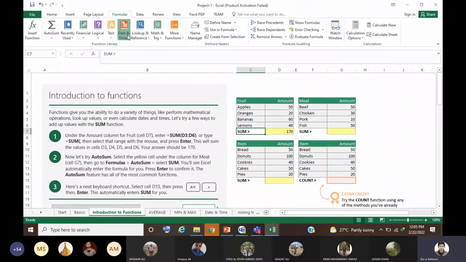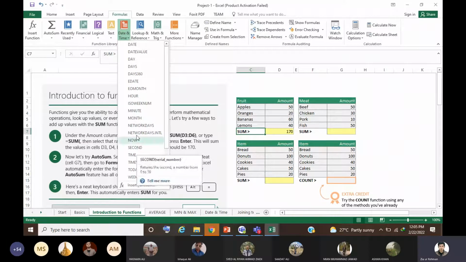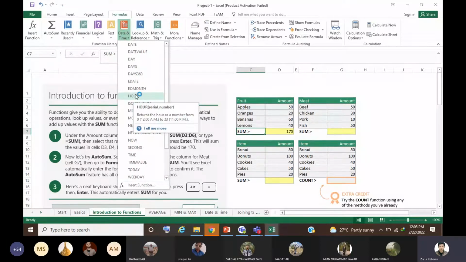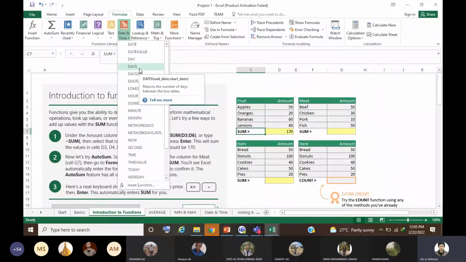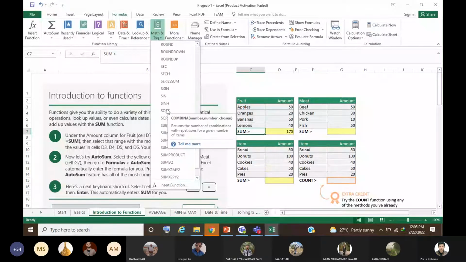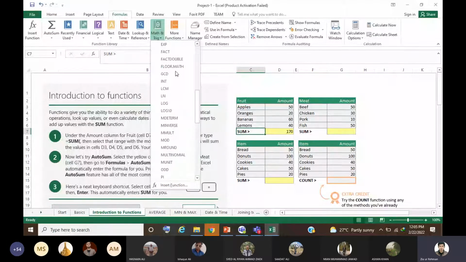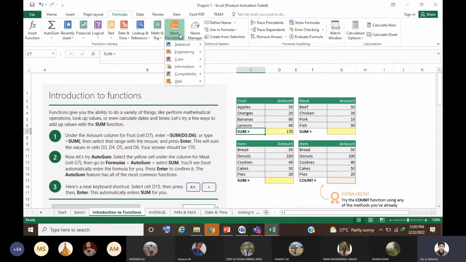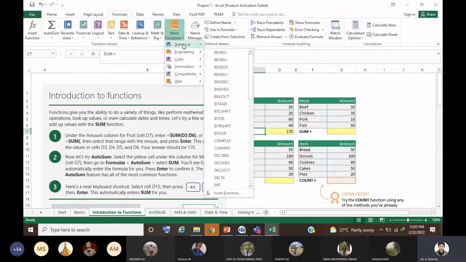Then there are date and time functions. Let's say if you want to find out the hours between two date values, or if you want to find out the days in a year or in different years, you could use this function. Then the most important, which relates to you, are these mathematical functions. Here you see absolute, cosine, tangent, cotangent, exponential, all these functions are given in the mathematical and trigonometric category. So you could use all these functions according to your need. Then there are more advanced functions like the statistical functions.